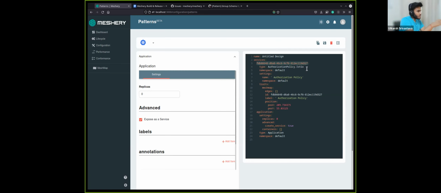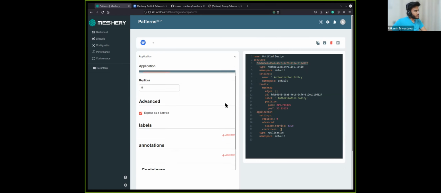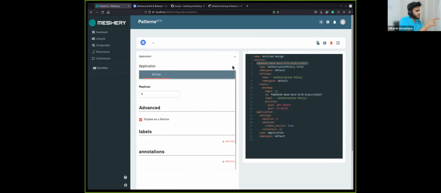Because right now, this would be a valid pattern, but what would happen is that an authorization policy would be created with this name, that is FDB 86648. Okay, got it. I'll look into it. Thanks.